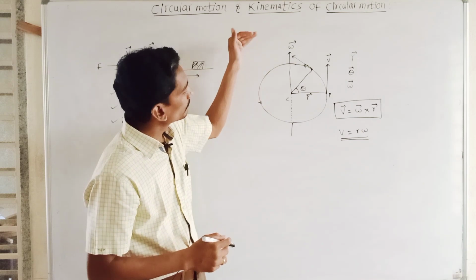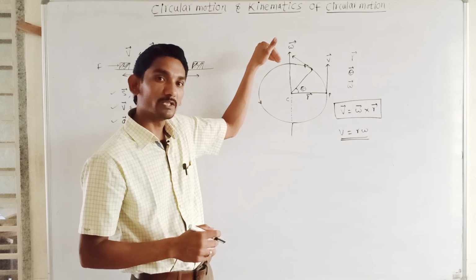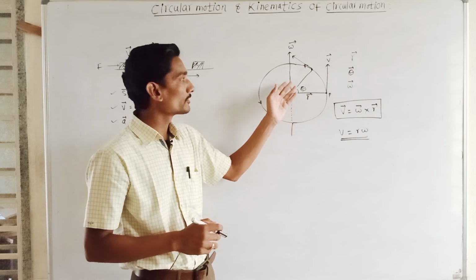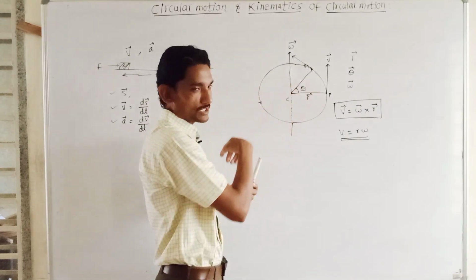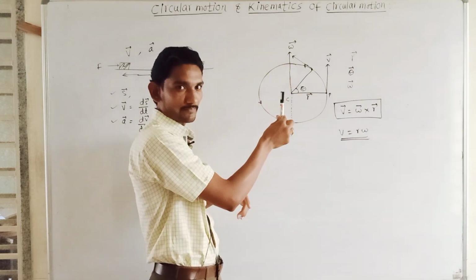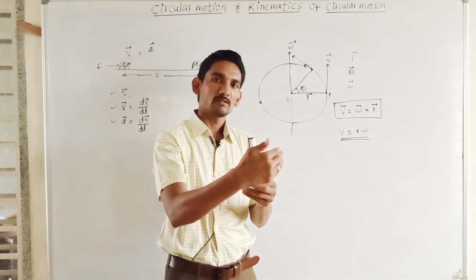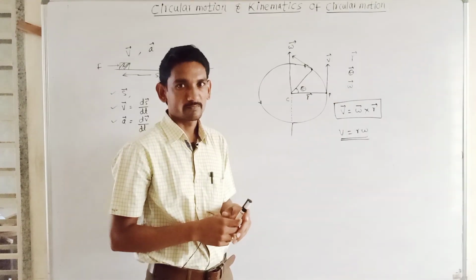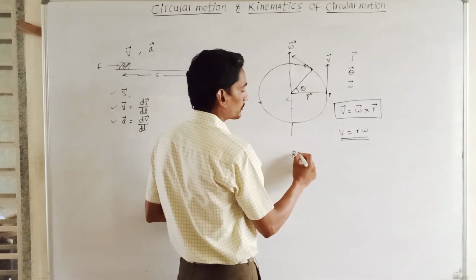Then one thing we have to explain here is the omega vector. It is the angular velocity when the particle is performing circular motion along the circular track. When the particle is moving in anti-clockwise direction, the angular velocity is along the axis, in the upward direction. But the particle can perform circular motion in clockwise direction or also in anti-clockwise direction. Then how can we determine the direction of this angular velocity? For that purpose, we have to use the right hand rule.